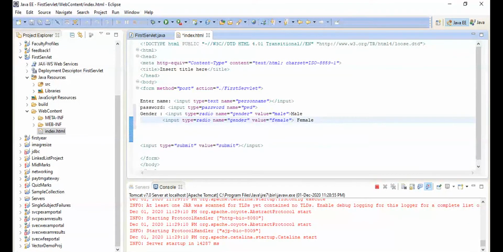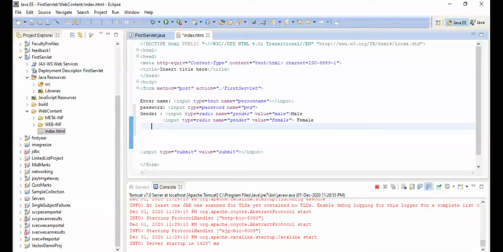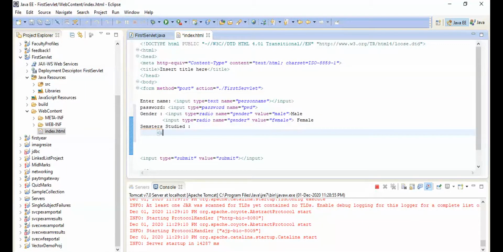The next control: input type equal to checkbox. I have to write the context: semesters studied so far. What is the control?